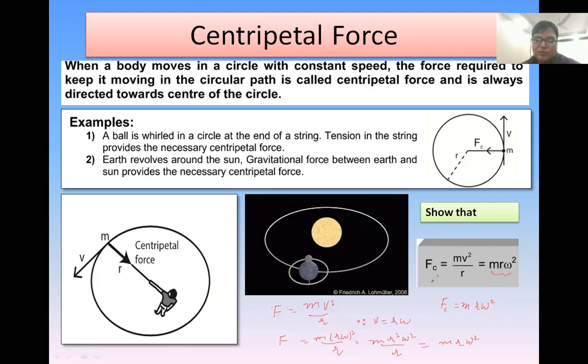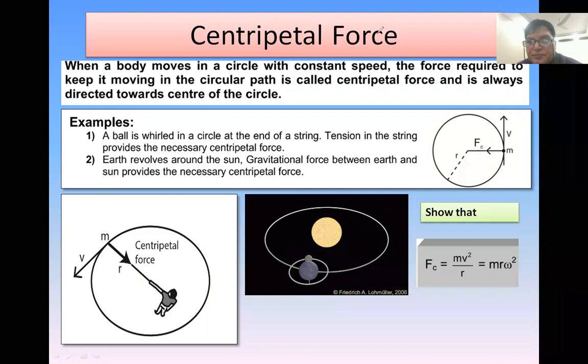Again, I'm going to revise, my dear students. What is in your syllabus? In your syllabus is just the definition. A force which keeps the body in a circular path is called centripetal force, and it is always towards the center of the circle. Nothing more than that. And what are the equations? M v square over r and m r omega square. I think there is no need to stay here more because it is very simple.